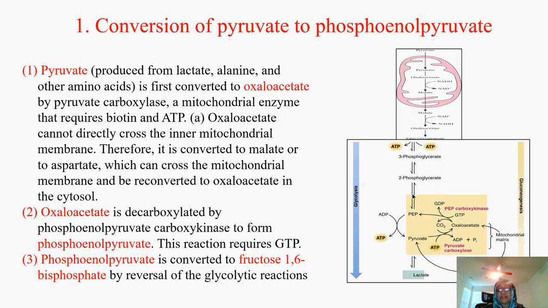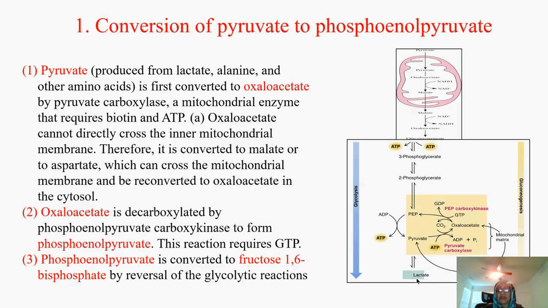Once we get to this point, which is now cytosolic reactions, we're going to continue on our reactions. So the liver has this mechanism. The liver is able to synthesize glucose because it has those two enzymes, and this is the starting point from pyruvate to